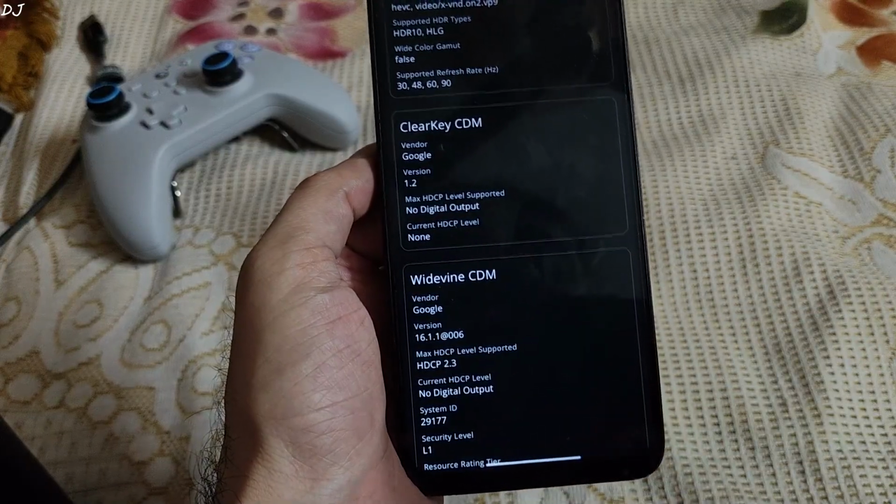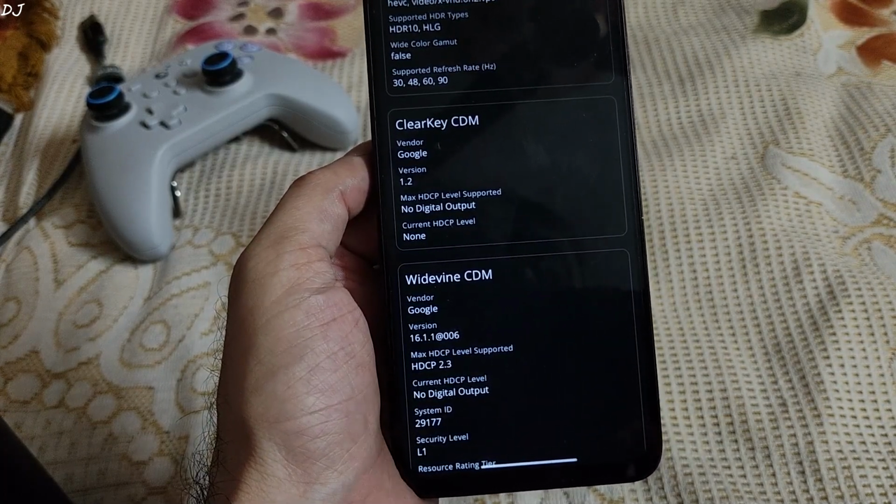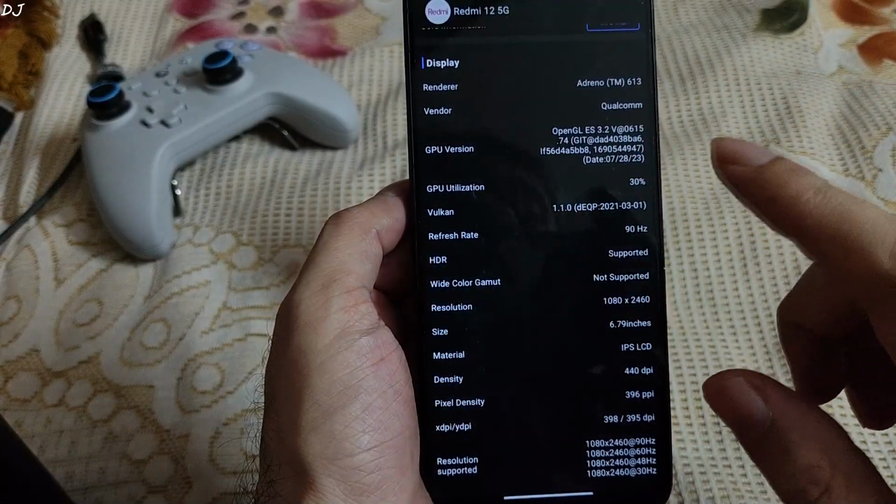The device comes with v1.0.1 certification. This means you can stream Amazon Prime, Netflix and Hotstar videos in full HD resolution. Current GPU driver version OpenGL ES 3.2